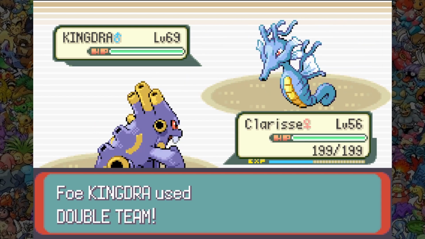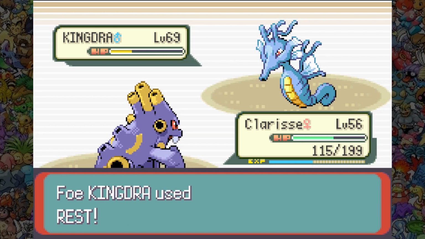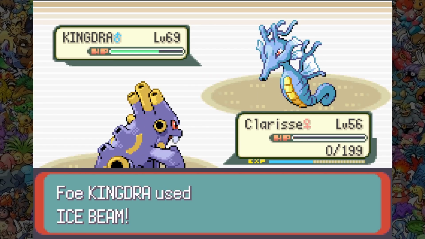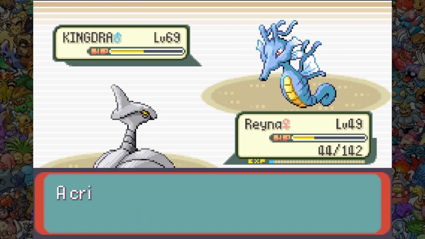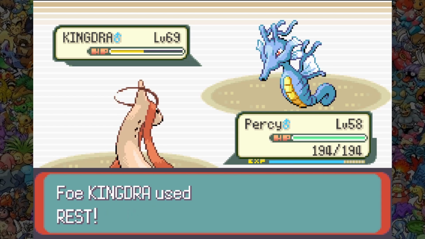I send out Clarice as he starts to set up Double Team. We actually get pretty lucky with not missing, but Kingdra's able to wear us down. I bring out Raina next, and I try to paralyse him with a Secret Power which crits, but no paralysis. She goes down too. I bring out Percy last, and all I can do is click Ice Beam and hope